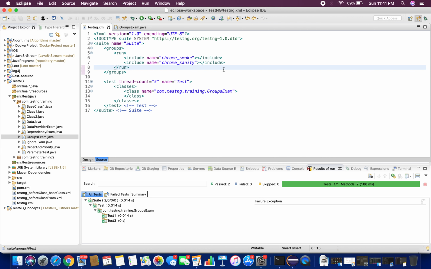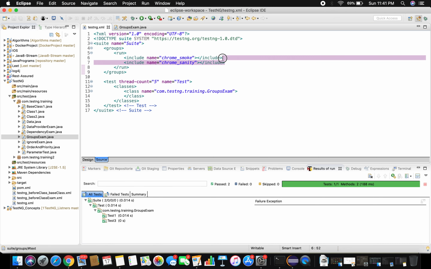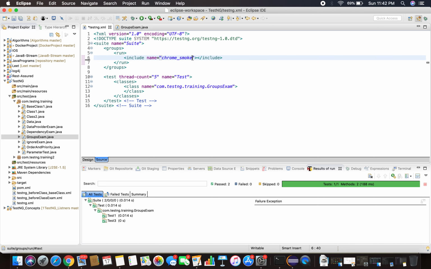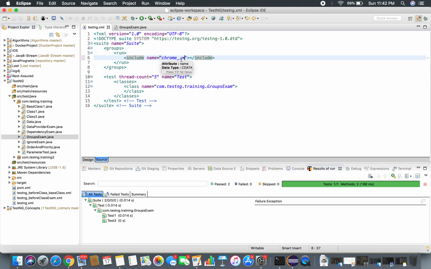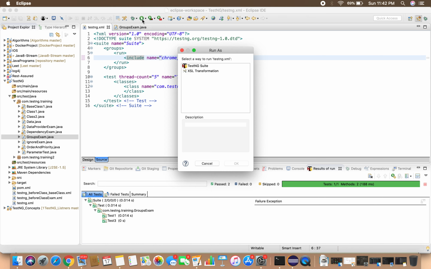They both are executed. If we have more test cases that you are supposed to execute on a Chrome, which you categorized as Chrome underscore smoke or Chrome underscore sanity or Chrome underscore regression or Chrome underscore functional test, you need not include multiple include tags. You can use Chrome underscore dot star. This is a regular expression. It considers all the groups which are starting with Chrome underscore. So all the cases whatever you categorized or partitioned using this Chrome underscore, your group name will get executed. Now, let's run this. We are going to see the same output.